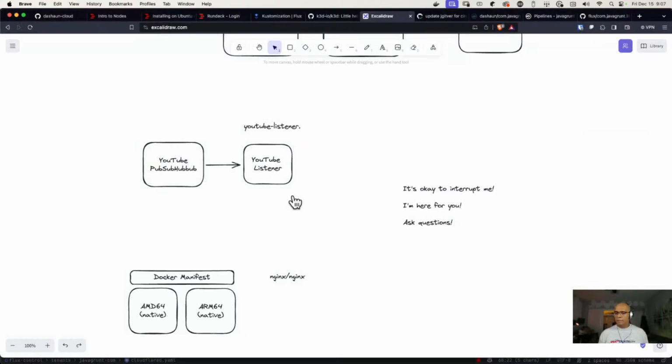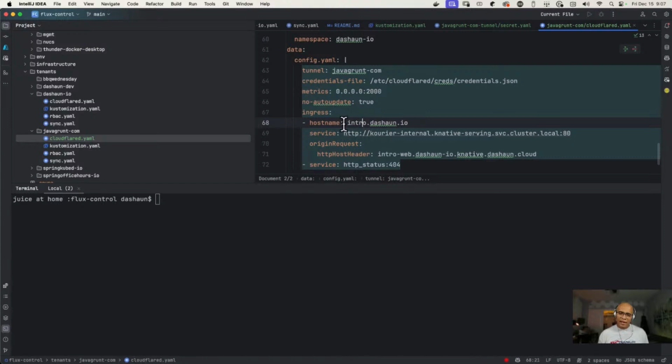So let me reiterate what I was just saying. The tunnel endpoint is happening at Cloudflare. In this one, I'm saying, hey, here's my tunnel. I want to connect to this tunnel. But I want to be listening for not intro.deshaun.io. That's what we were doing on the other one. I want to be listening for youtube-listener.javagrunt.com. And when something comes in looking for youtube-listener.javagrunt.com,